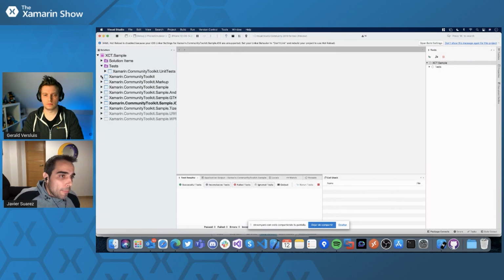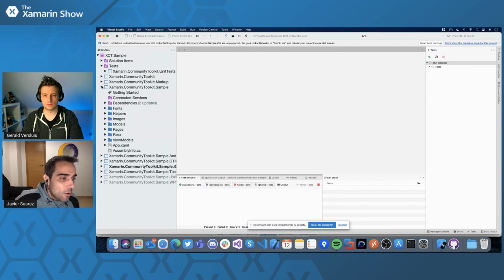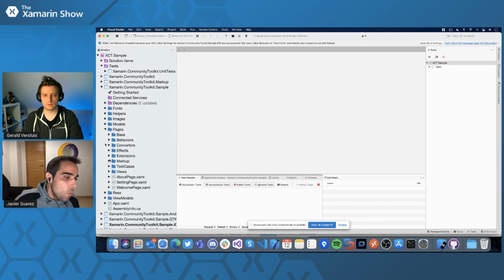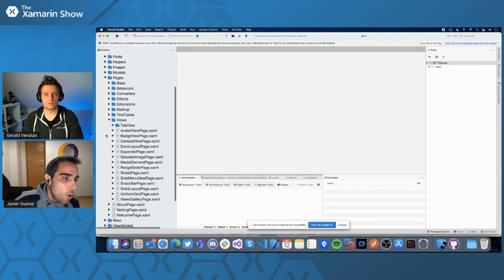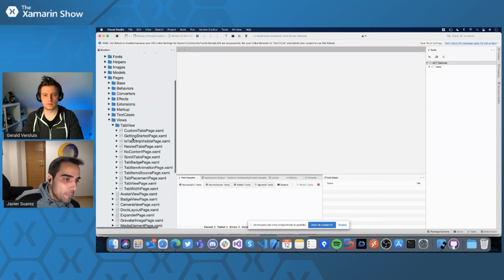So we will have documentation, and we will have more and more documentation soon. But a good way to know how everything works so far is the sample. For example, if you want to know how the tab view works, you can navigate to the views, to the tab view.